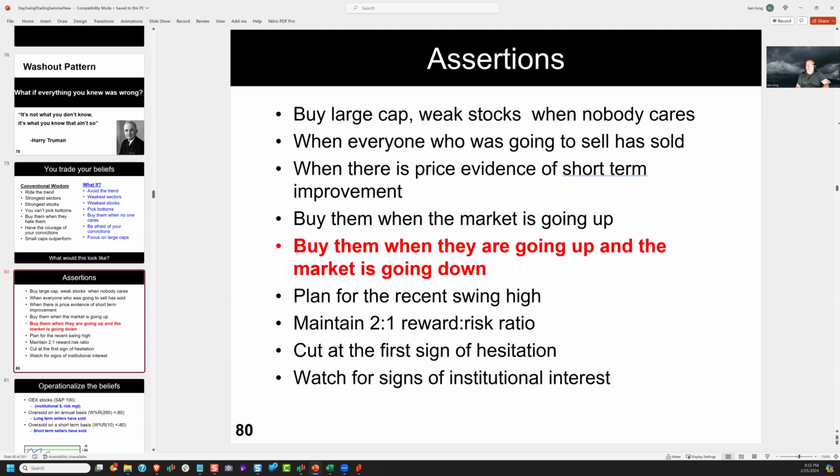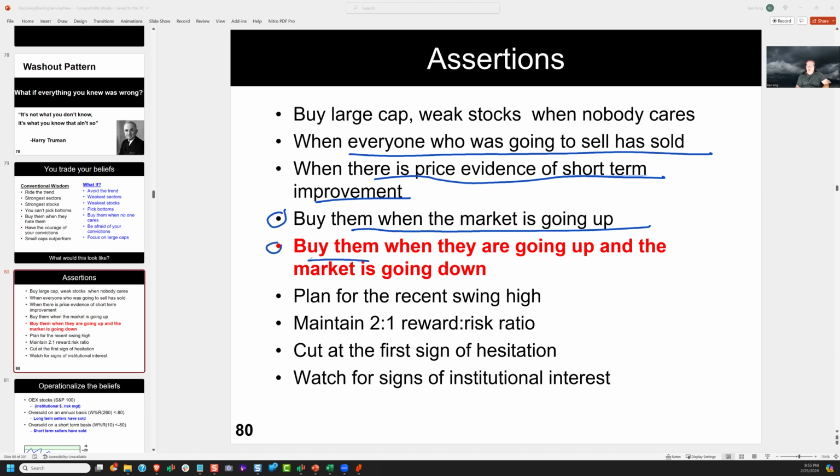The idea is that you'll be buying them when everyone who was going to sell has sold and there's nobody left to sell. And when there is some price evidence of short-term improvement to counteract the hate that people have had for them, and you want to buy them when the market is going up, but you can also buy them when they're going up, even if the market is going down, because they're going up